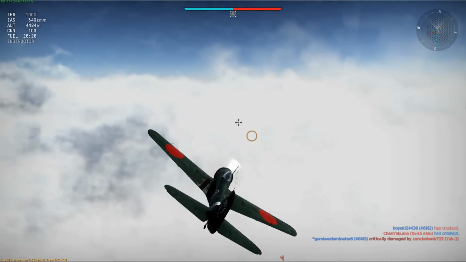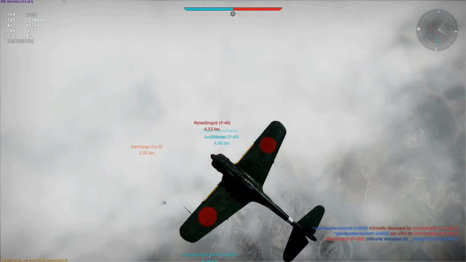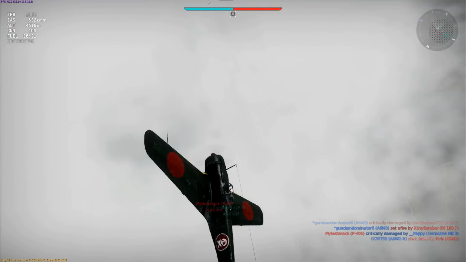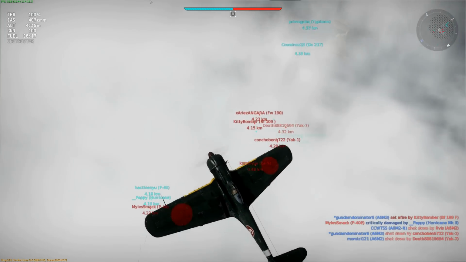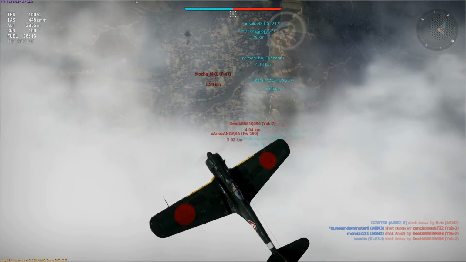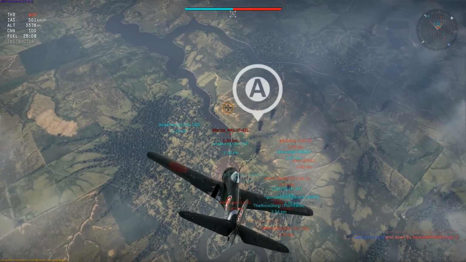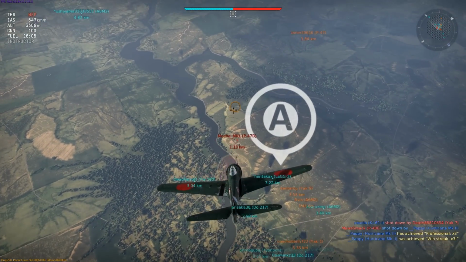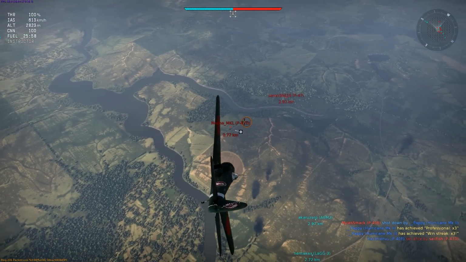Okay, I've got a climbing P-47. See if I can use the cloud to my advantage. I'll duck behind it here so he can't see me, and hopefully pick him up if he keeps climbing. Yep, there he is. See if I can dive in and get him. No, he's either seen me or chosen another target,